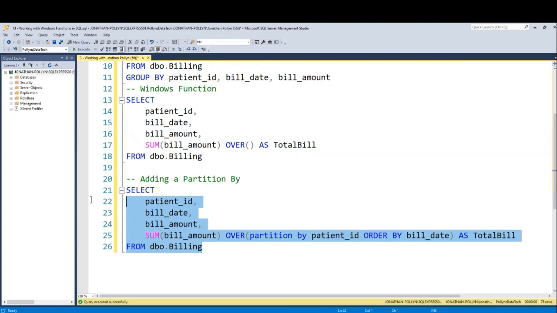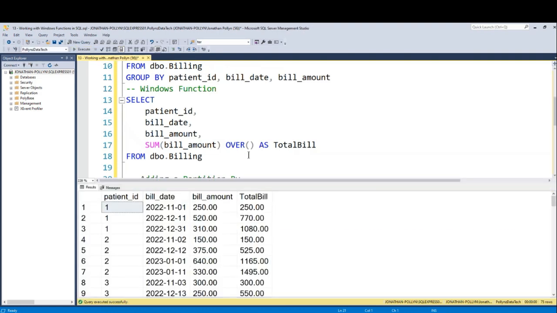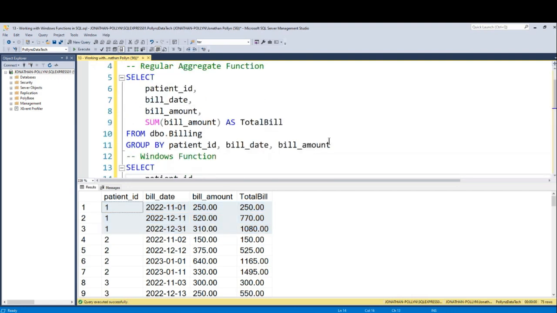Now see the magic of what happens. If I run this code now, I can see what really happened. Pay attention to the result set. I will take this number one, for example. Let me go back to the prior result that we wrote. If I run this code like this,